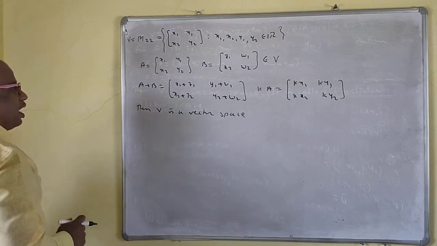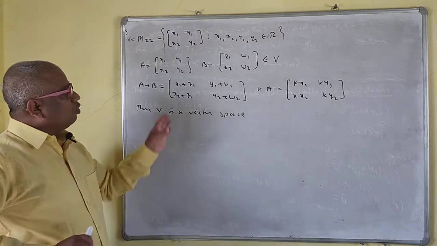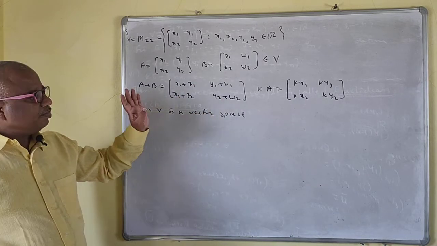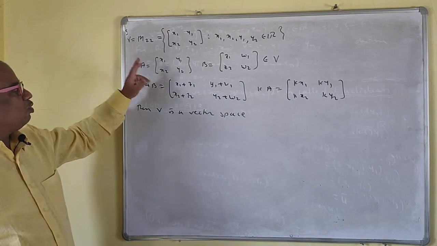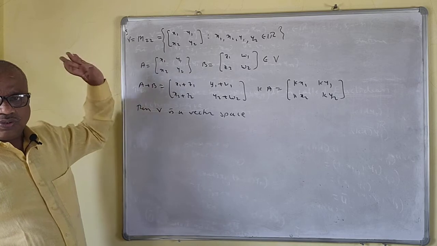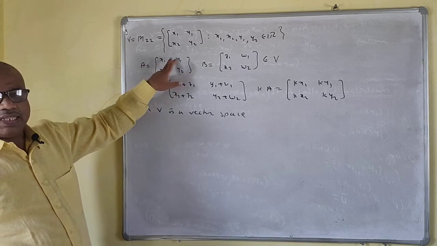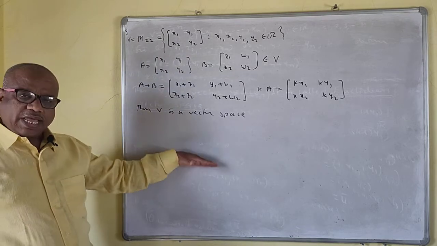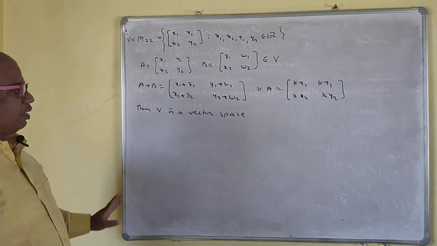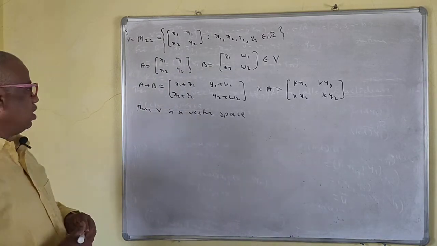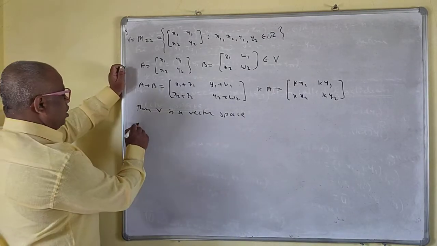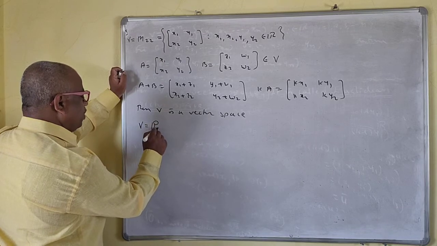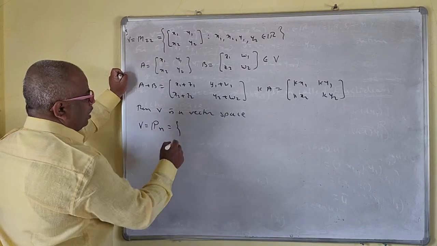The same thing as before now here. Only there are four components, four entries here. So 0 bar will be what? The matrix of all zeros. Minus A is equal to (minus x1, ...). This is a 2 by 2 matrix. So all the axioms hold here, no problem for this one. This is also a vector space. Even if you take V equal to the polynomials Pn now. Okay, so Pn is what?